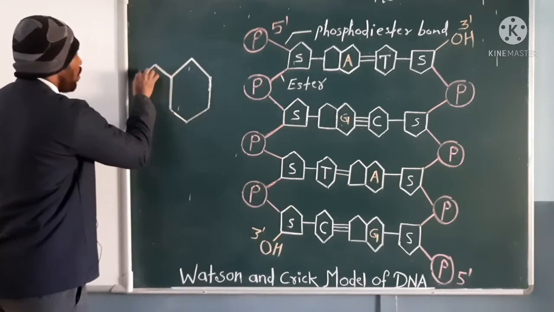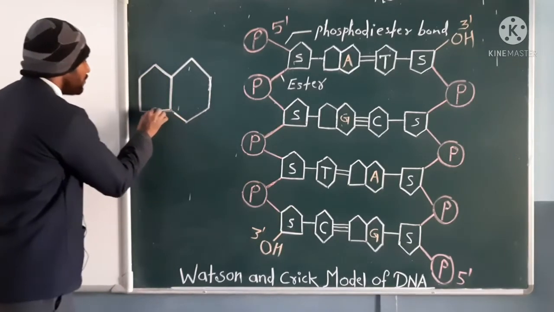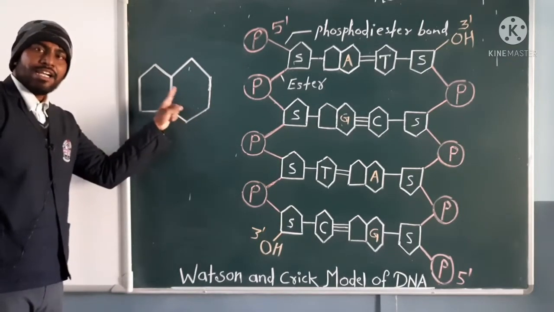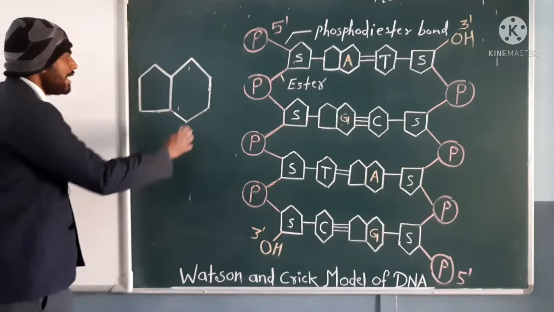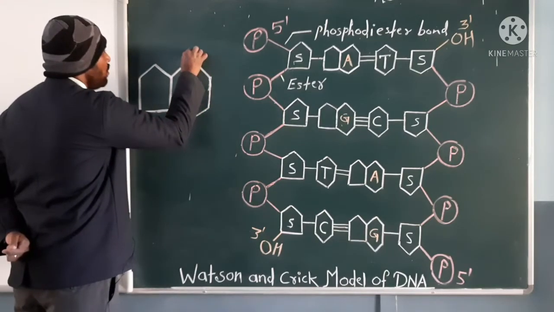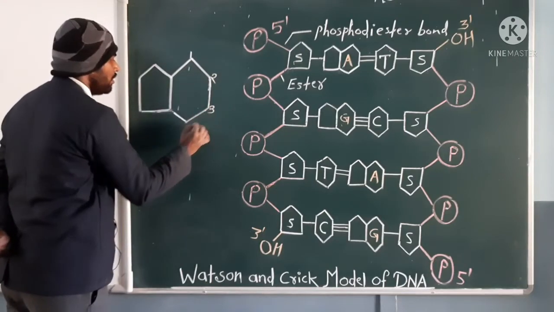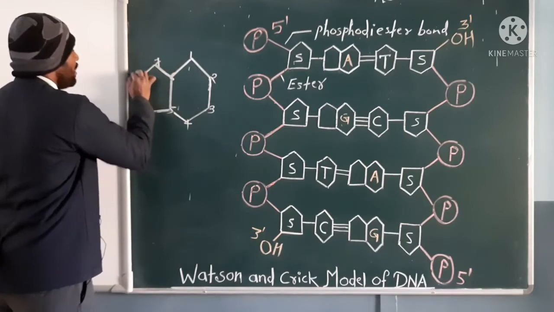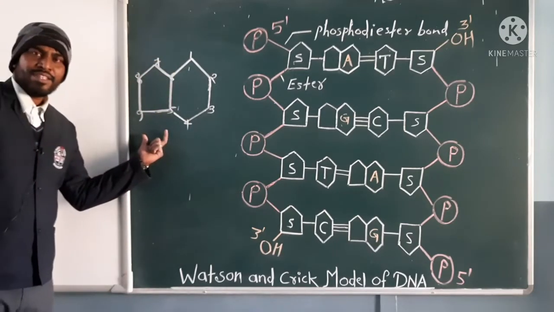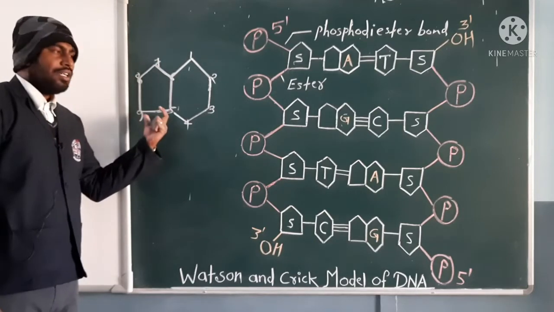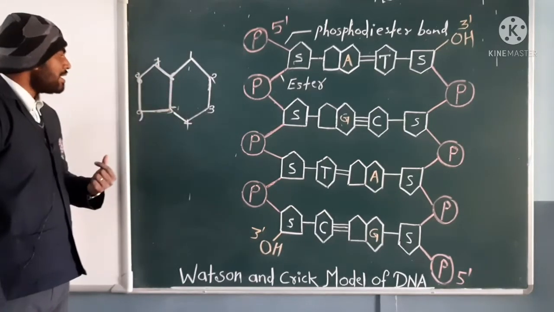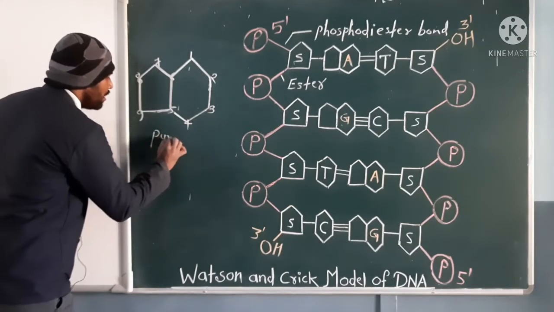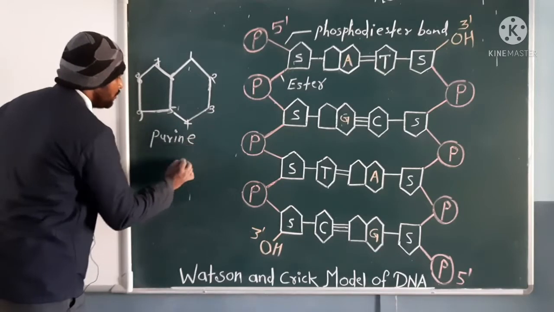You can see here I am drawing this double ring structure, beta. In purine nitrogenous bases there is always a double ring structure and they contain 9 carbon atoms. When we count: 1st carbon, 2nd, 3rd, 4th, 5th, 6th, 7, 8 and 9. So the nitrogenous bases which contain 9 carbon atoms and a double ring structure are classified as the purine nitrogenous bases group. So this is the purine group.